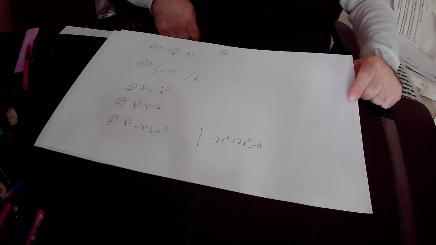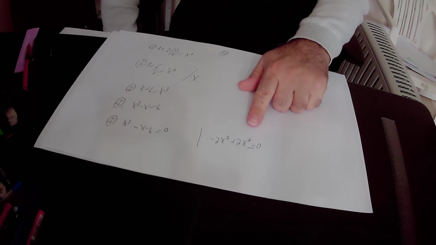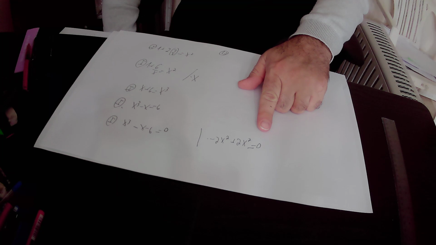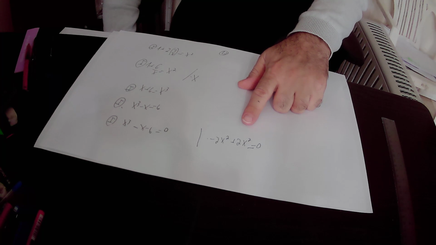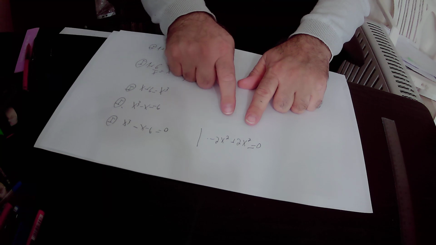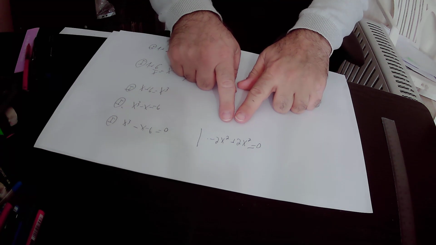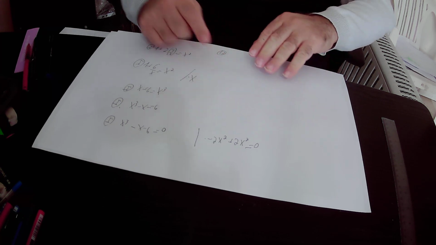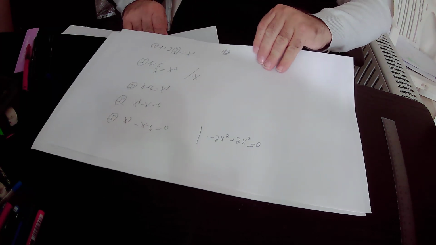We know that minus 2X squared plus 2X squared is 0. So we can add 0 to any equation. Therefore, we added to equation number 1 the 0, which is minus 2X plus 2 minus 2X squared plus 2X squared. Okay, and we got